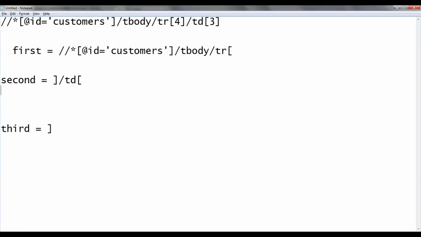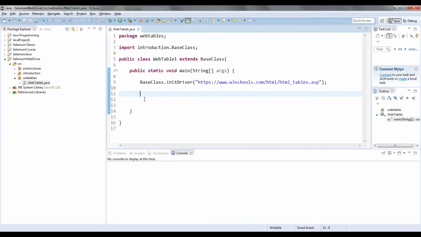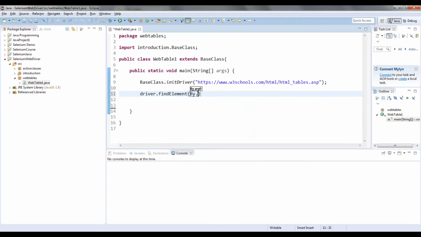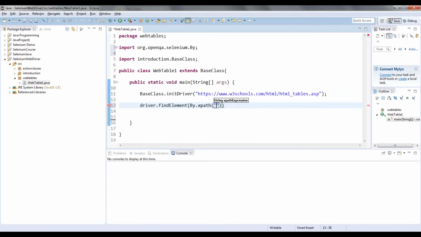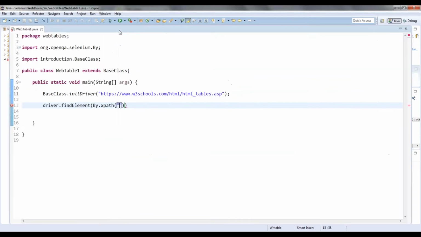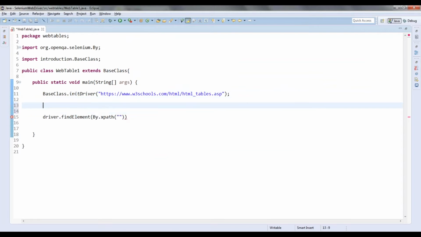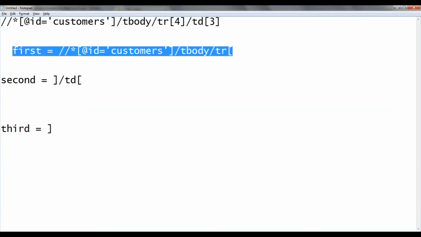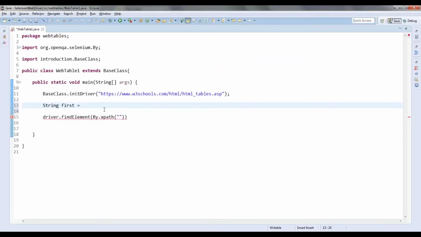Once you pass that URL, now I have to identify driver.findElement by XPath. This is a very important step, you just understand here. Before doing that, I will write String first is equal to this part. Okay, sorry, this part, that is the first section.